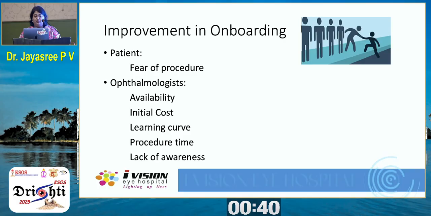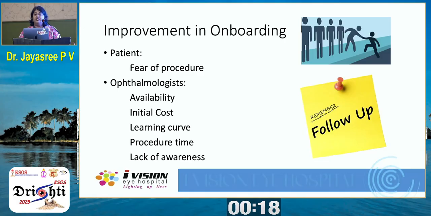But from the ophthalmologist side, the one thing is availability of the machine. Second is the initial investment and learning curve. You have to identify the angle properly, because anybody can just write a drop but not identify gonioscopically correctly. And procedure time is required. You have to get up from the OPD and go and do the procedure. Lack of awareness: the effectiveness is not known to many. The follow-up is still important, because once you start the medication, or once you do the laser also, you cannot send off the patient. You still have to remember to call the patient, and the patient also has to remember that